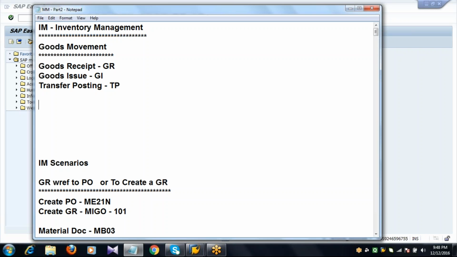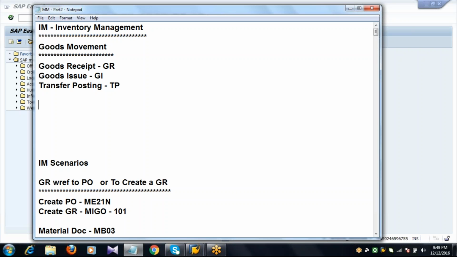It is for the vendor if it is with reference to a purchase order, and for production if it is for the production department with reference to a production order. So normally goods receipt is created in the system in two ways. One is against a purchase order when you are receiving the raw material from the supplier, and again against a production order when we produce the finished material. After producing the finished material, we have to show it in our stocks, in our inventory. So this is one type of goods movement.